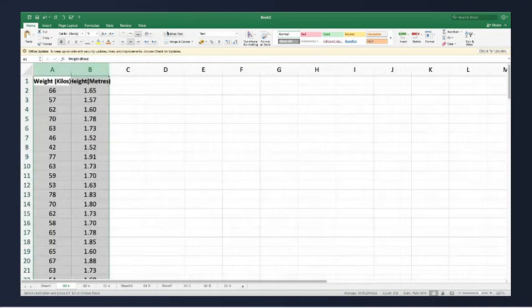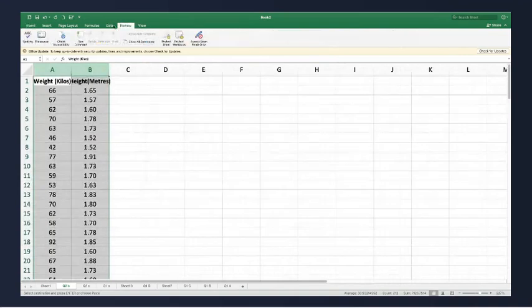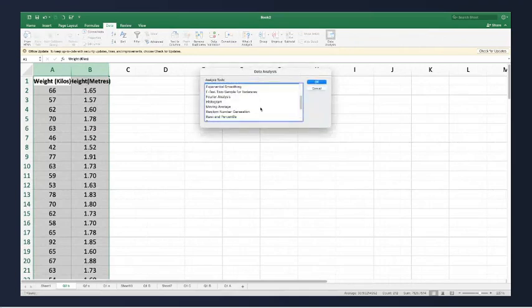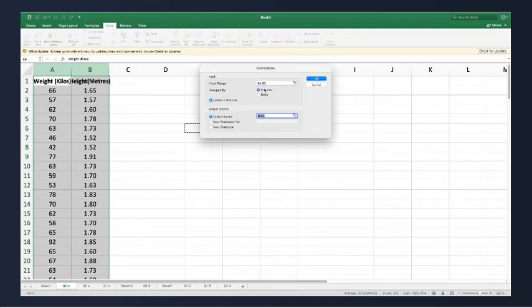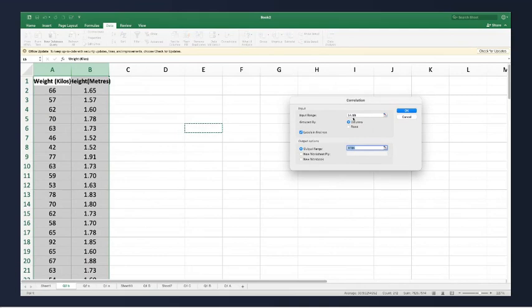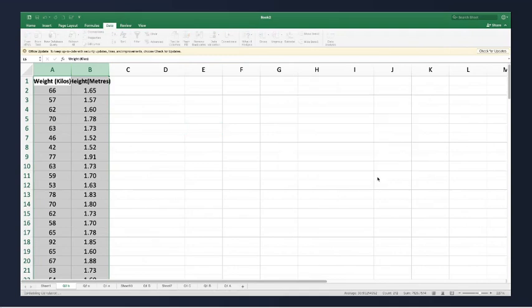So again I'll go to Data Analysis and choose the test called correlation, because we want to understand the correlation. The A and B column input range is already selected and the output range is already selected, so I'll click OK.